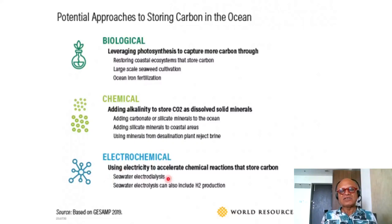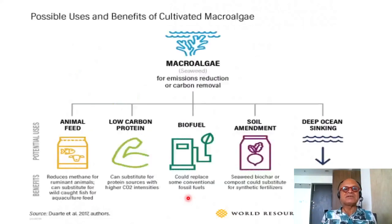Electrochemically: using electricity to accelerate chemical reactions that store carbon. So seawater electrolysis, and seawater electrolysis can include hydrogen production as well. So can we split seawater to induce carbon uptake or storage of carbon as well as producing H2? These are great ideas, and hopefully sometime they will become